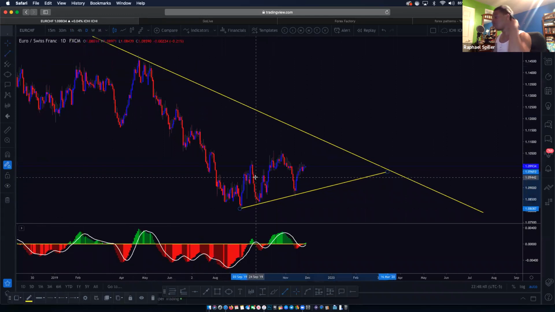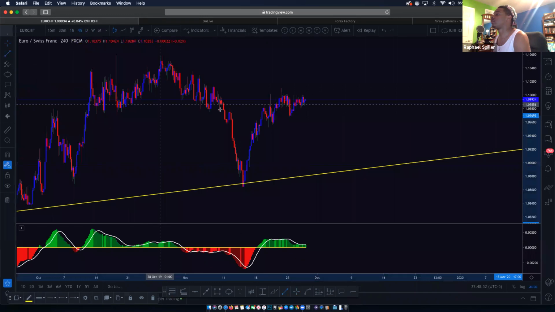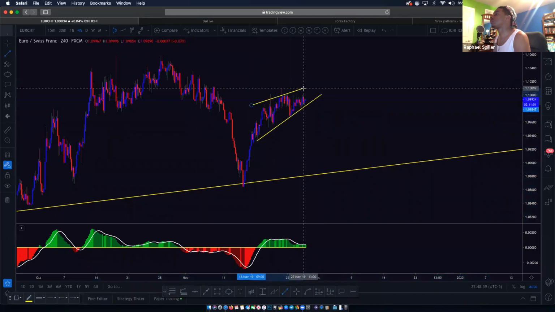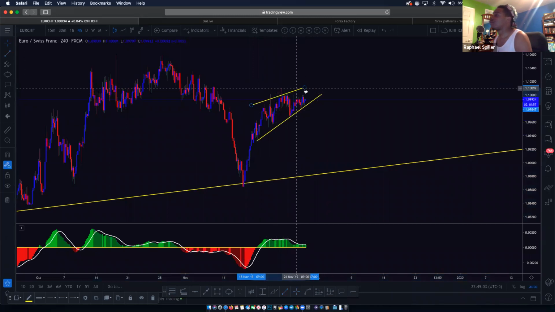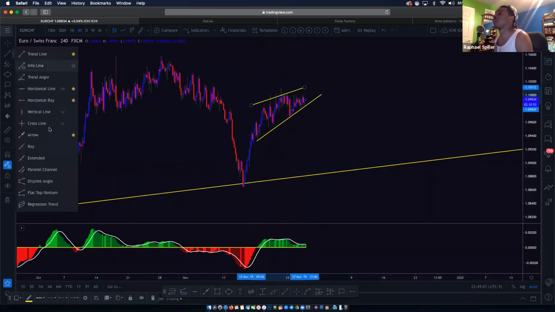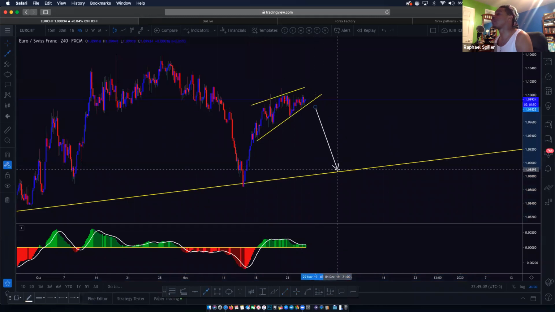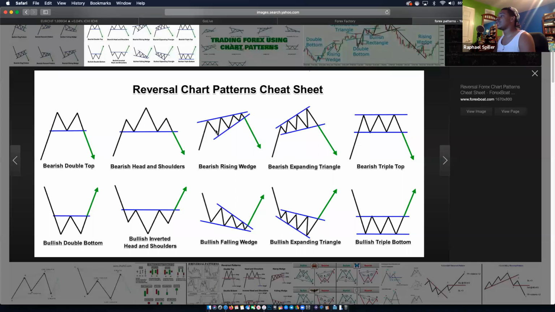And a minor buy, right? What I do see though is this rising wedge, this ascending wedge right here. Like I said, we've been identifying this all session, right? It's literally this exact same